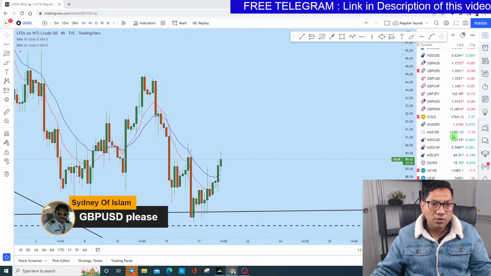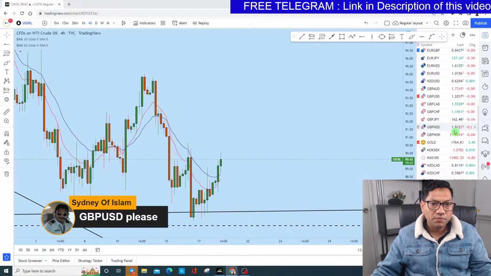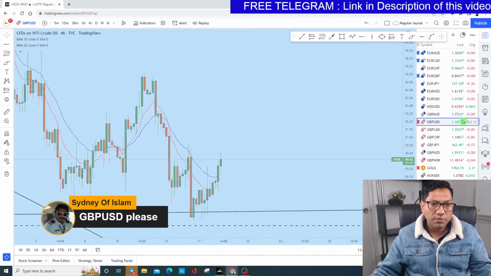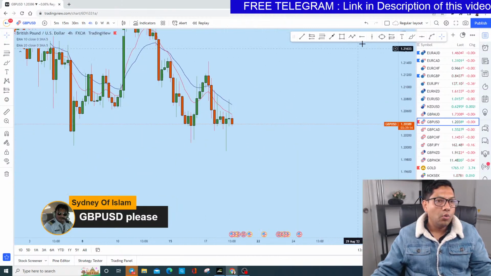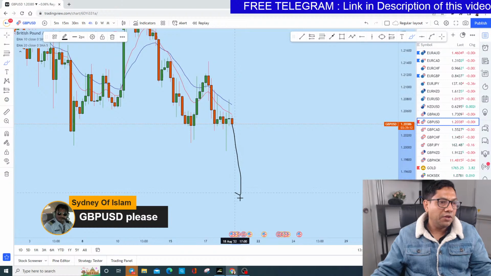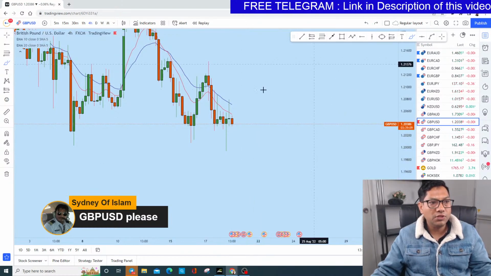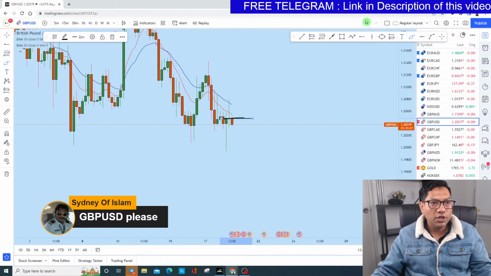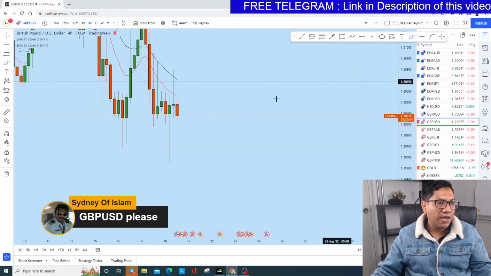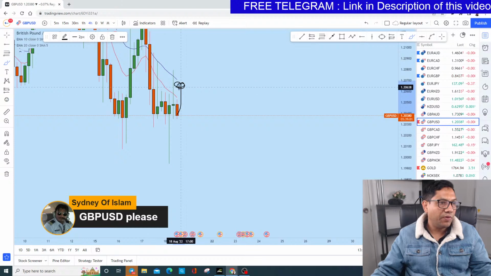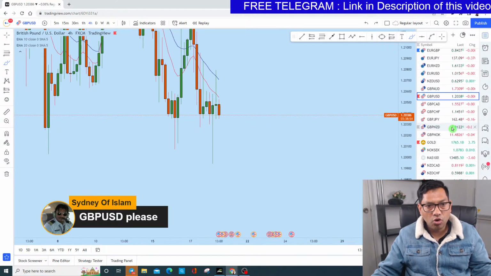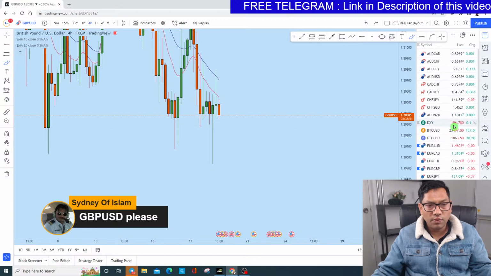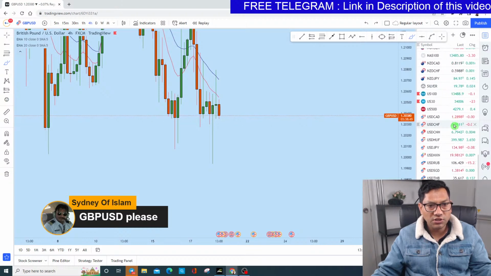Okay, so let's look at GBPUSD now. The way that it has formed this doji, we might see a big drop, because there is a narrow doji. A narrow doji has formed, and what I'm expecting is the price to go up, test this 50% and come down, or we might see just a drop. So this is a bearish market on GBPUSD, euro dollar, and most of the pairs against USD are dropping.